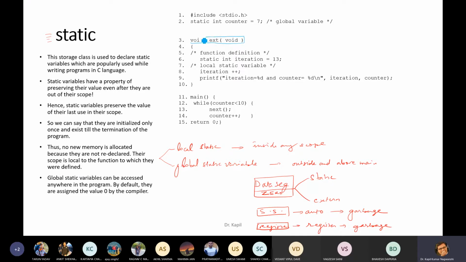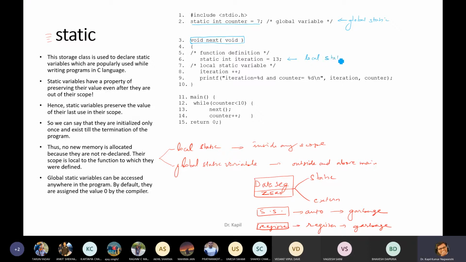Okay. Next is the function name and this is a global static variable. Actually, it is not required to declare static in the global sense because automatically it is considered global, as it is declared at the top of this. But let us check the meaning of why it is declared. And this is our local static variable.